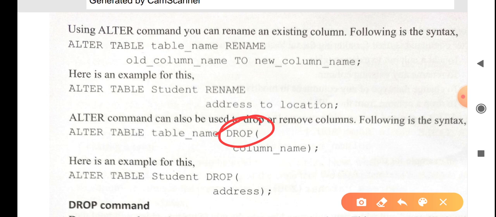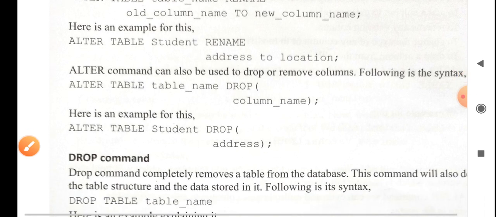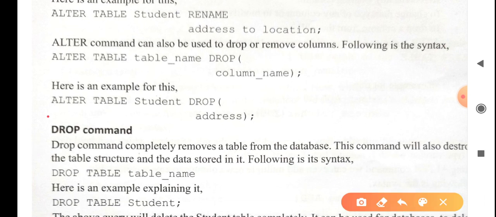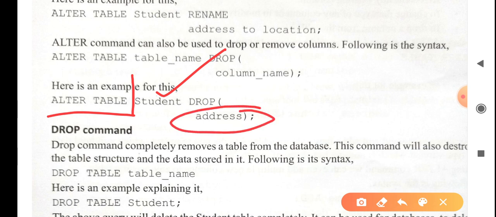So the DROP command can be used to delete a column. In this example you can see ALTER TABLE, this is the command for altering the table. Student is the name of the table, and address means the address column will be deleted.